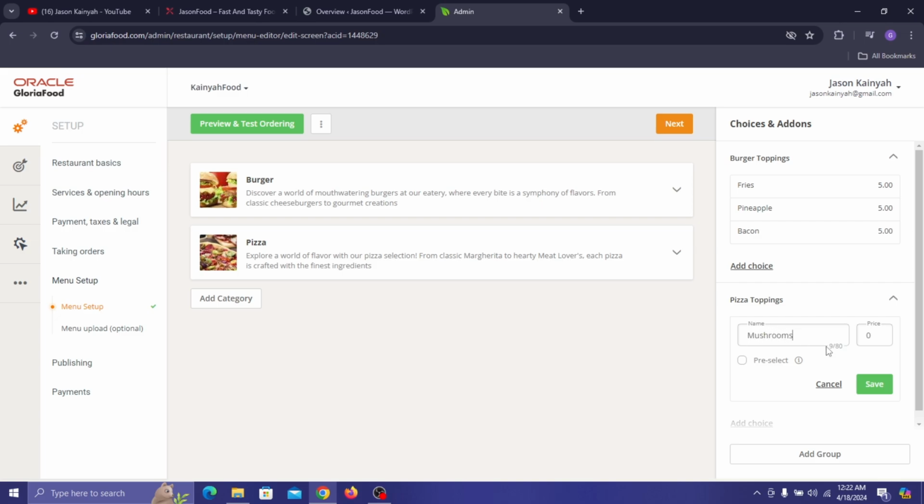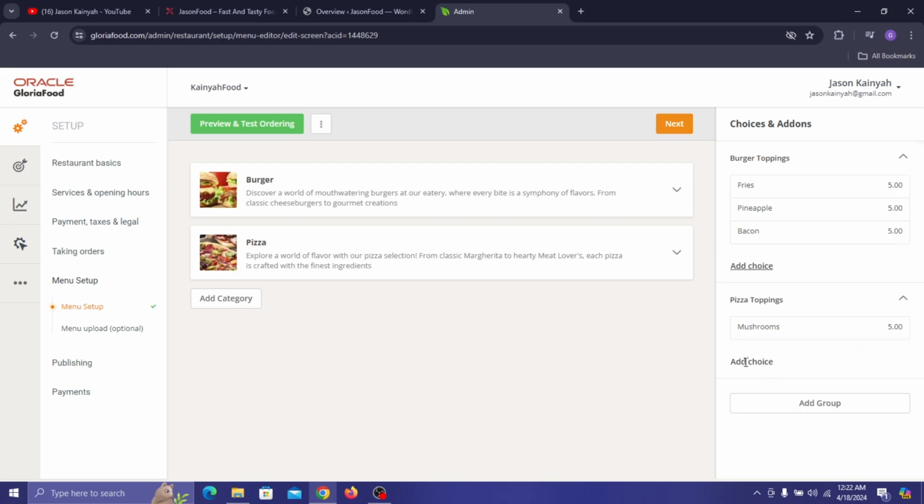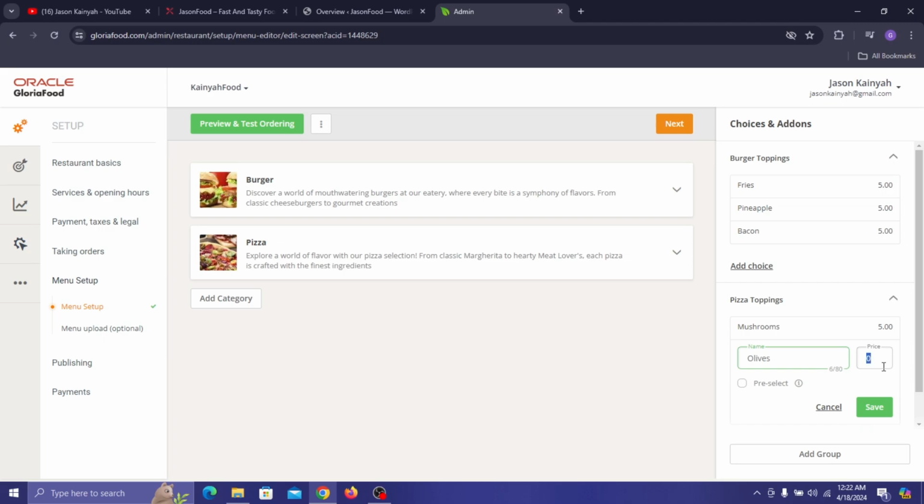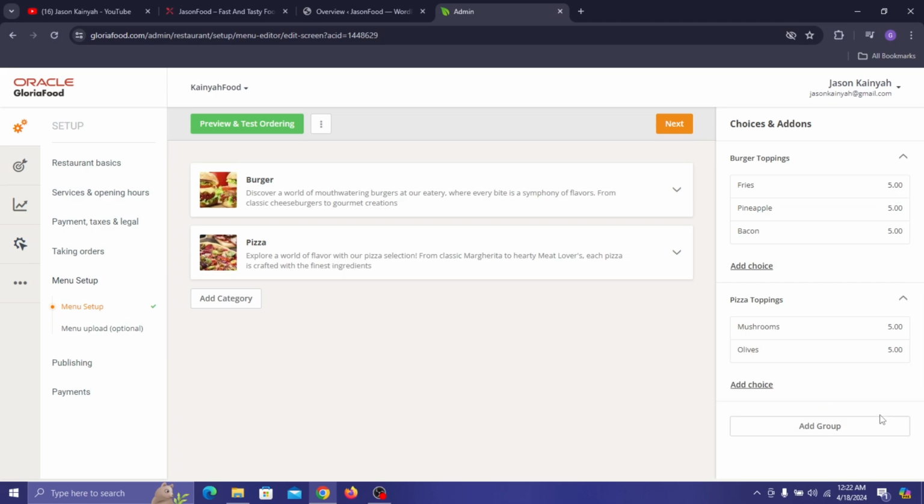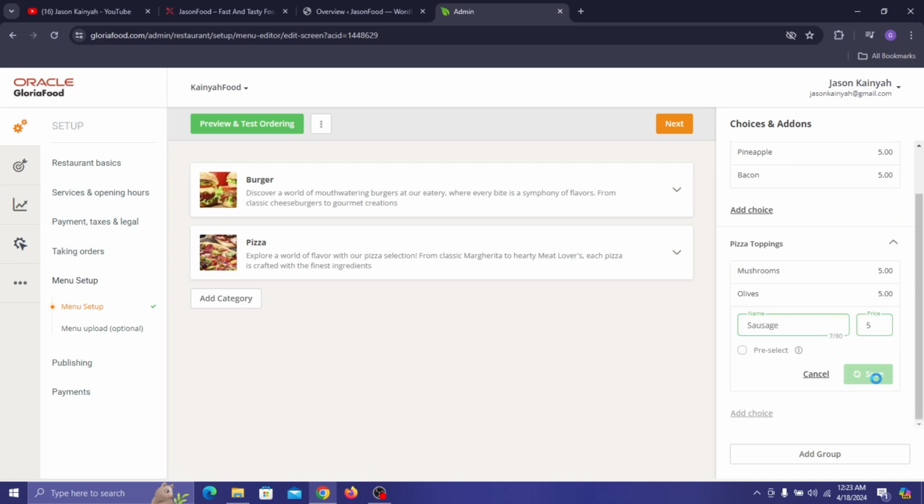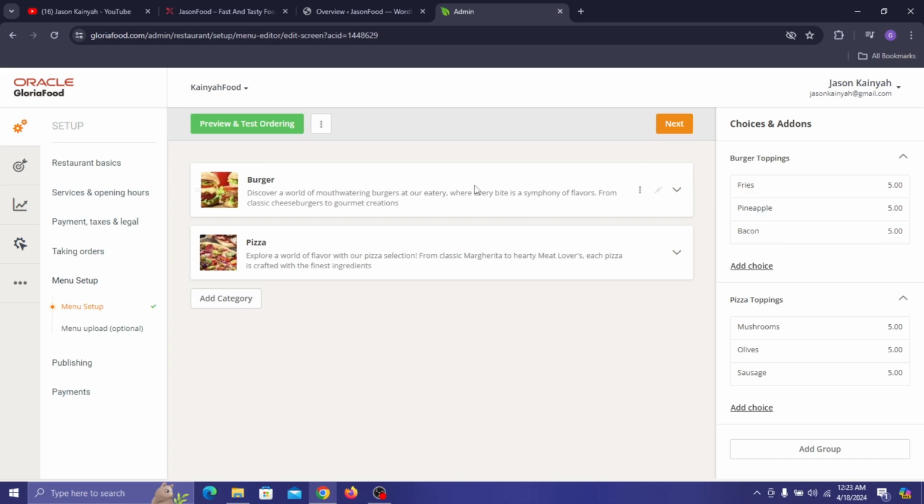mushrooms, and we'll make the price maybe 5 or whatever your restaurant serves. And then olives, okay, we can make it 5 as well. And then lastly it was sausage, right? Yeah, sausage. Okay, so sausage like this, and then we can make it 5 as well. Now we'll just click on save, and then if you want to add the toppings to these categories, what you